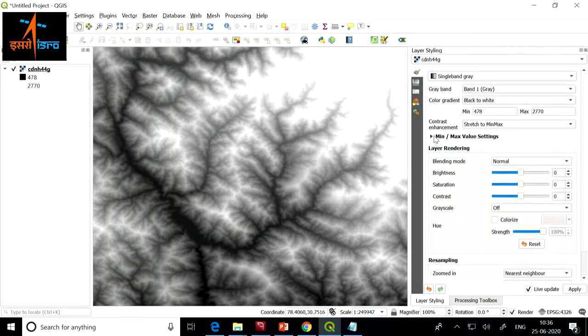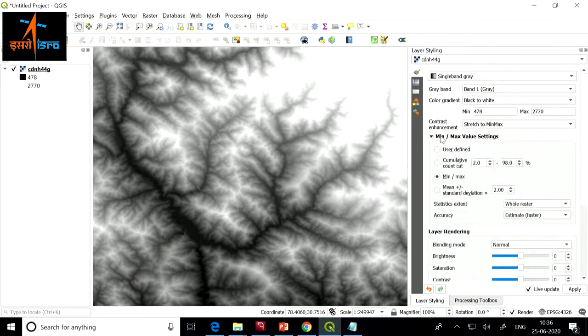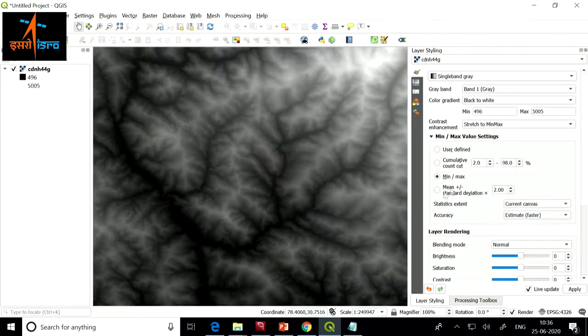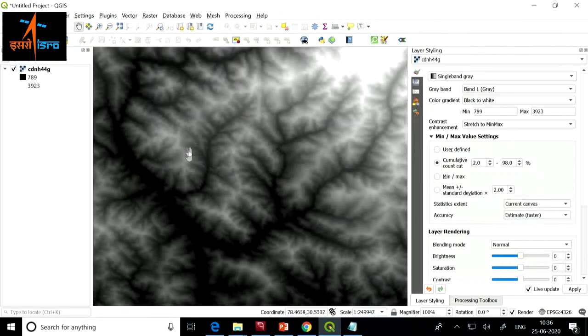You can change the minimum maximum options by clicking on this minimum maximum setting. It will automatically calculate the minimum maximum value, or the cumulative count cut value, or the standard deviation and all that. Whether you want it done for the whole raster or for the current canvas, all that can also be performed.